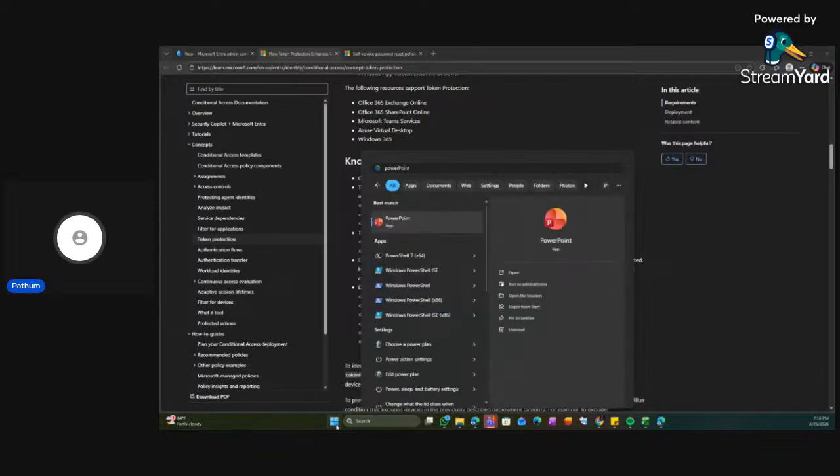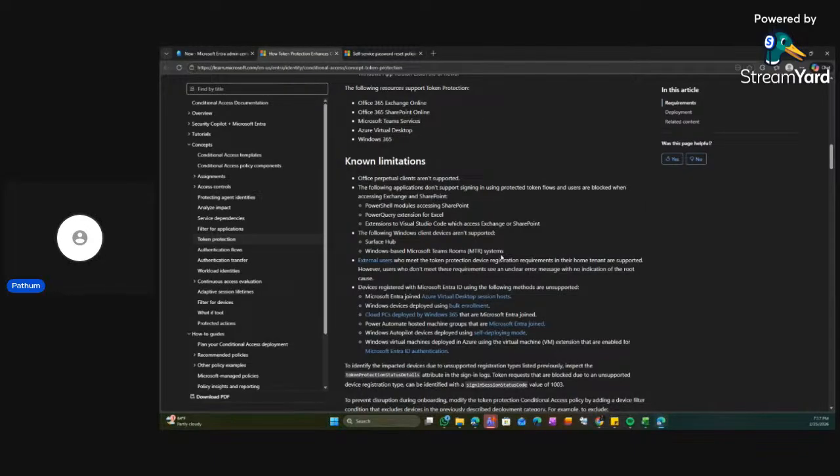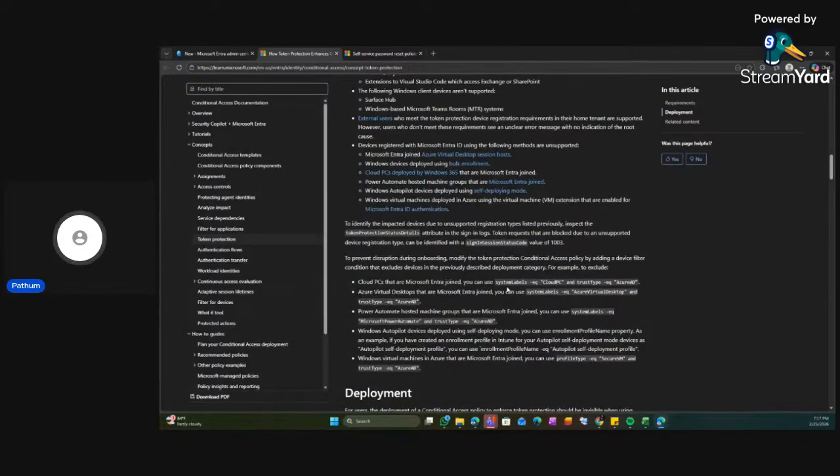So this will work, but these two will not be able to connect because this token protection will block your access because it cannot understand. And there are many issues, like the Power BI team being unable to connect to the database, and many other things happening. There are also things you can exclude. These are the configurations you can do, and that's good. But